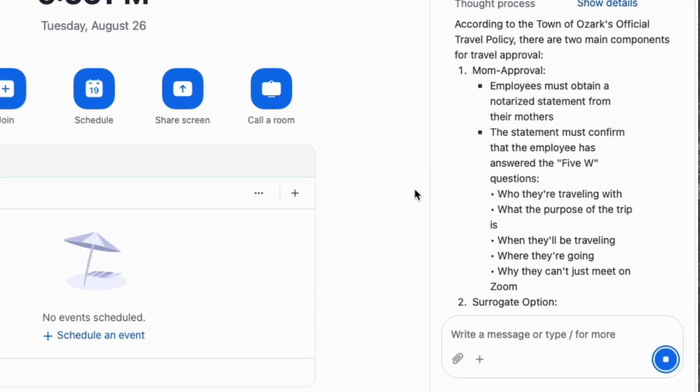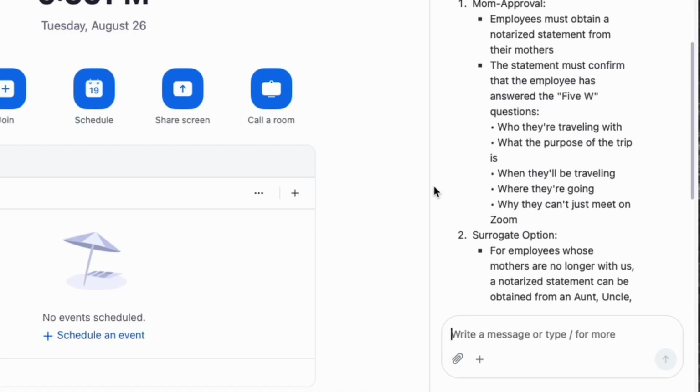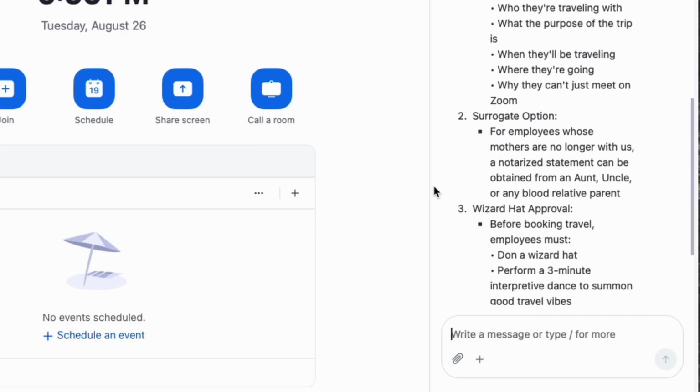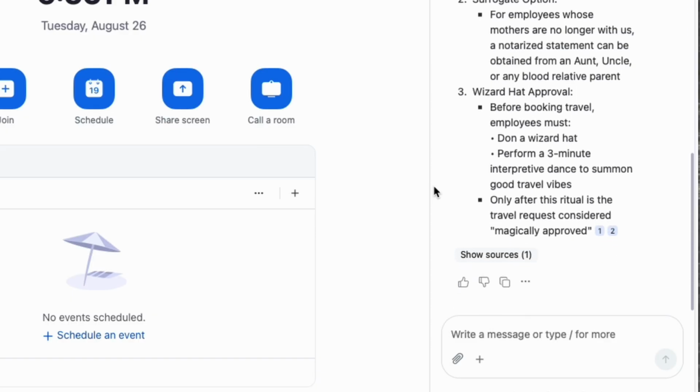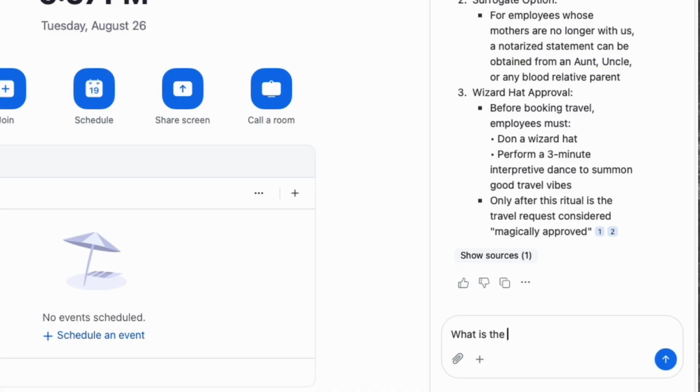The town requires a notarized statement from your mom answering the 5 W's: who, what, when, where, why for your travel. If your mother is unavailable, the town requires a notarized statement from next of kin. Also, before booking travel, you must don a wizard hat and perform a 3-minute interpretive dance to summon the good travel vibes. Another question we could ask as an employee of the town of Ozark is, what is the policy